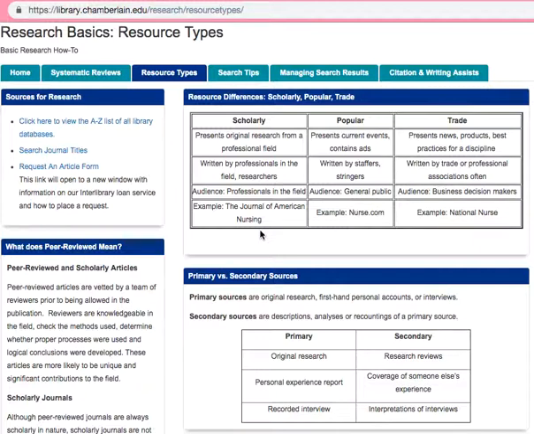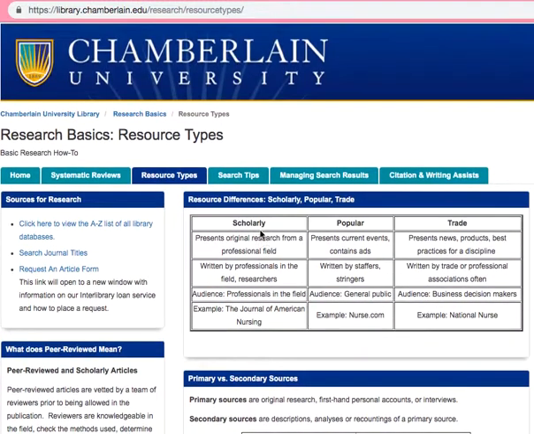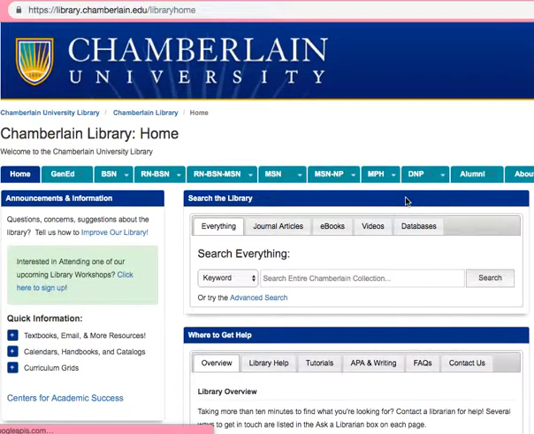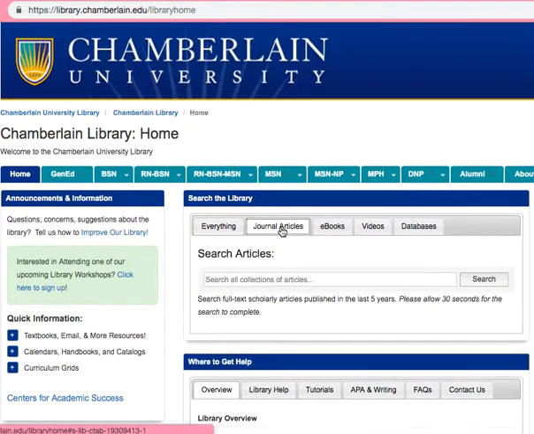What we're getting when we search in the database, and I'll go ahead and point you to that because I think that's really the most important thing. If you want to know how to find scholarly sources, come to this link here, which is the landing page for the library. And so, as it says here, you can search everything, or you can limit it to